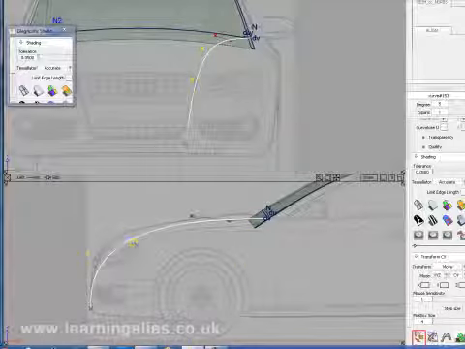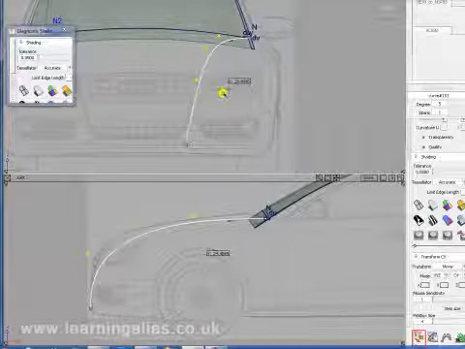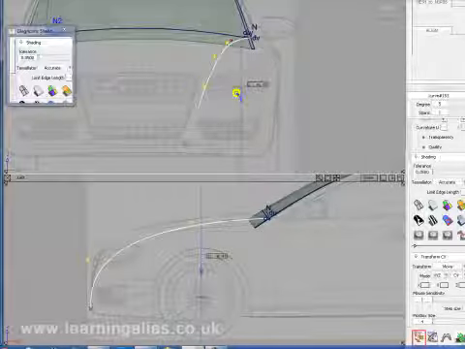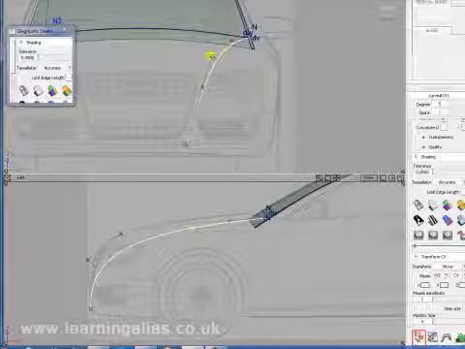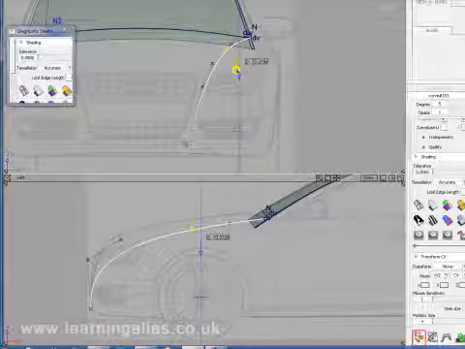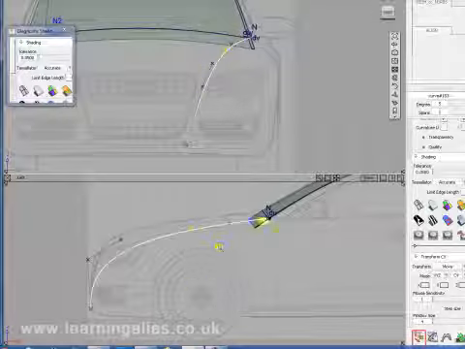Okay, so that's the best we can do with 6 CVs. Let's have a look at this view. We need to come back a bit. We can pick that CV as well. So try to get in the habit of moving groups of CVs rather than one CV at a time. It's just a little tip that CVs should flow. You shouldn't have one CV clearly out of sync with the rest. Normally that means bad news. And in a positive curve, all the CVs should be on the same side of the curve like they are here. So back to this view,